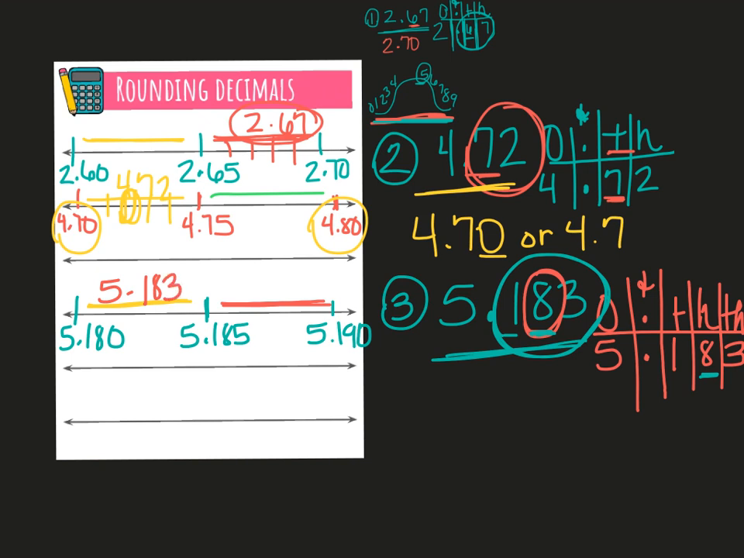5 and 183 thousandths, which tells me if it lands anywhere here, it's going to be closer to 5 and 180. Okay, so this number here, when rounded to the nearest hundredths, would round to 5 and 180 thousandths. Or remember, you can also say 5 and 18 hundredths, because having nothing here is the same as having a